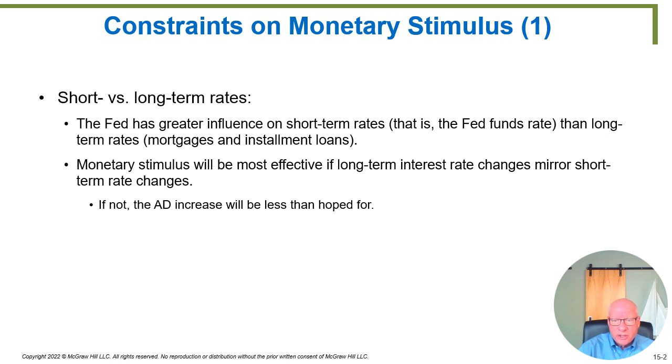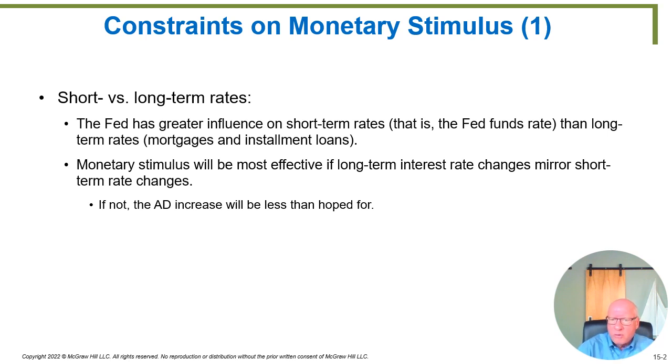So here's the interesting question. If the Federal Reserve increases the money supply, affecting the money market and therefore the interest rates for 30-day loans, maybe even 60-day or 90-day loans, is it also going to affect the interest rates in the 30-year market? Or are those two markets kind of separate from each other? Well, the constraint says that they are separate to some degree. And we'll talk about times when it turns out this way.